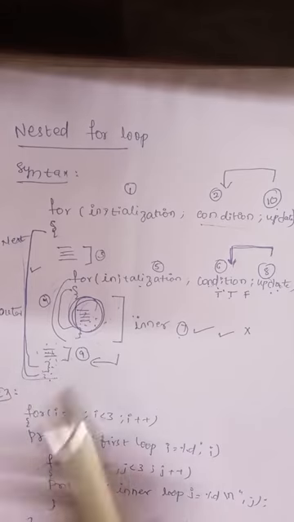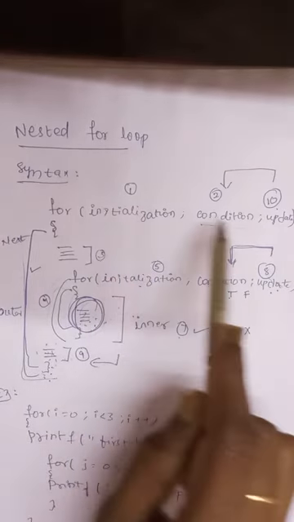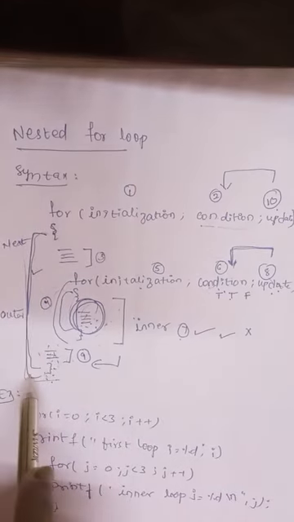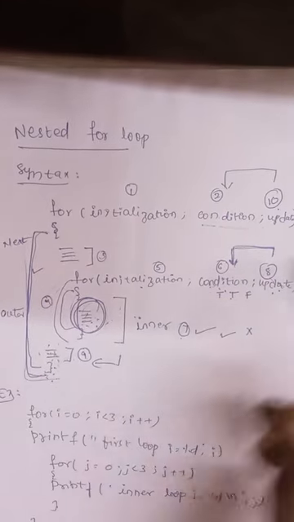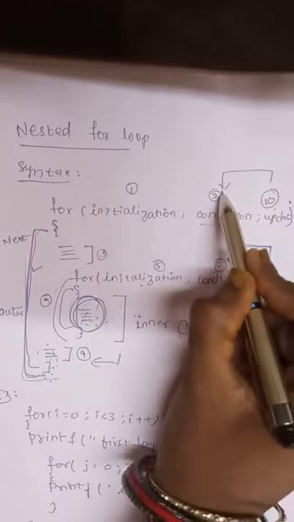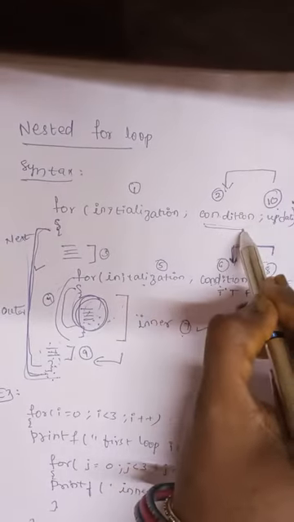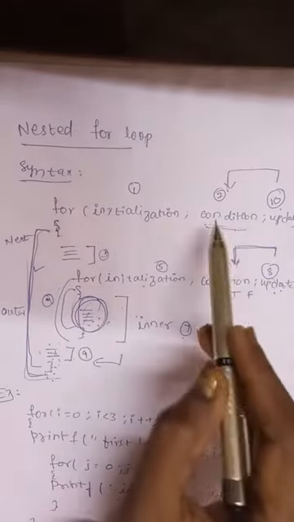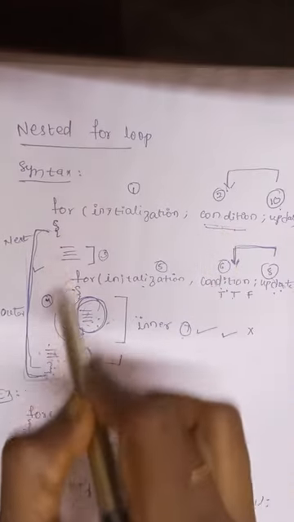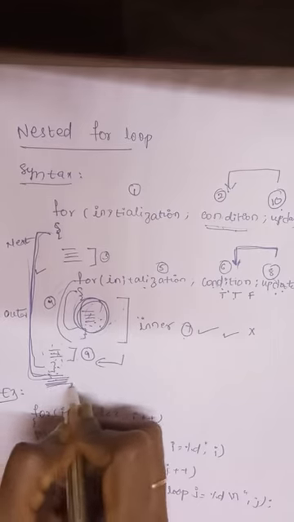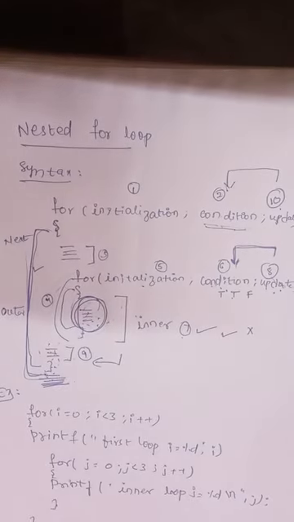That means for the outer for loop, initialization is done, the condition is tested as true, so it executes this complete part. Now the value is updated here, this updated value is passed back, and again the condition is tested. If true, this part will be repeatedly executed until the condition is false. Once the condition is false, control will never enter this for loop. Whatever statements we write after it in the program must be executed.